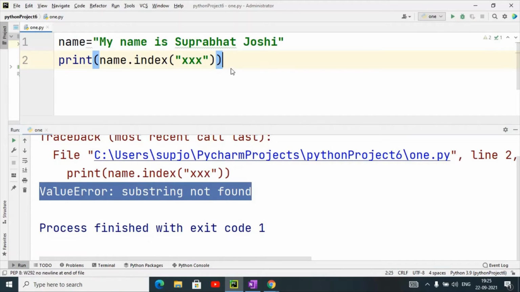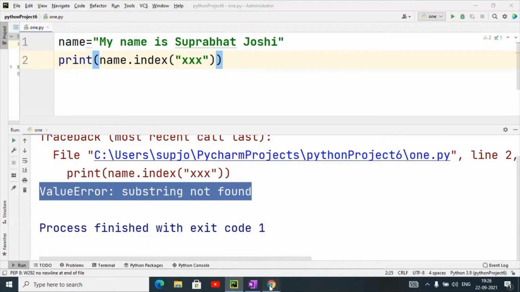So what is your doubt? Please tell me clearly. Actually, you have to count the gap also. Here, the index is counting the gap also. In my name is, there is one gap, and it is counting that one also. So that was my confusion. It is clear now. Yes, because it will take a blank space also as a single string character. So it will also count. Okay, thanks.